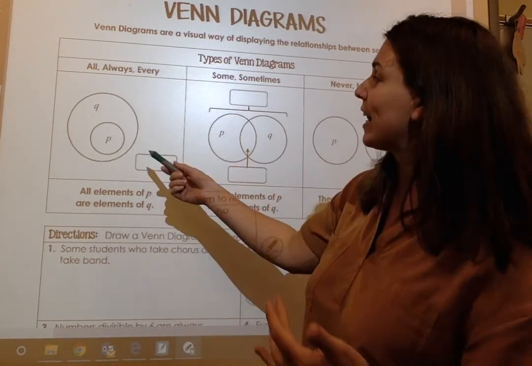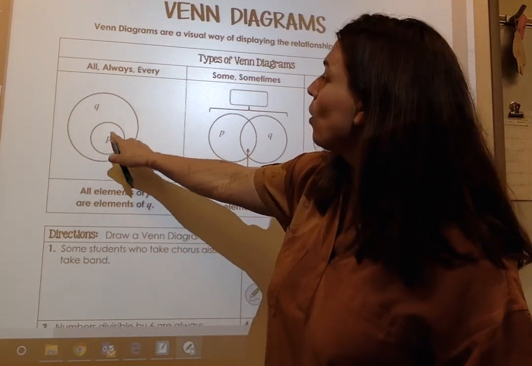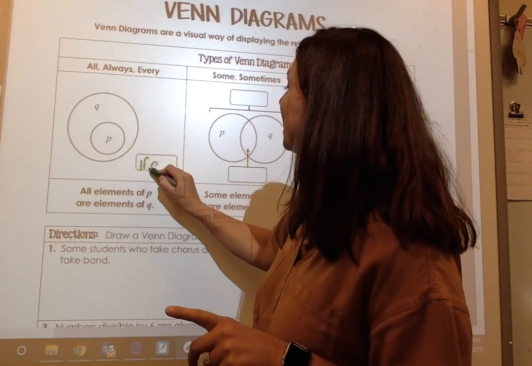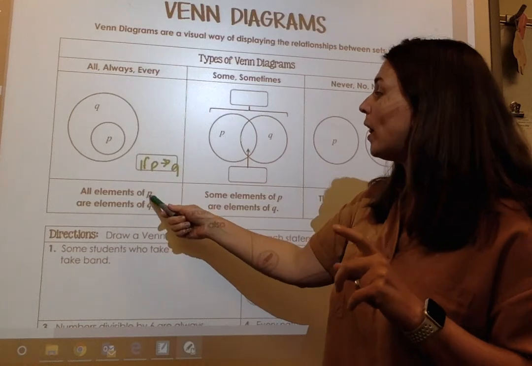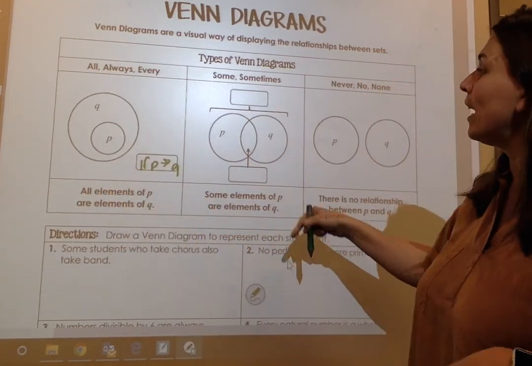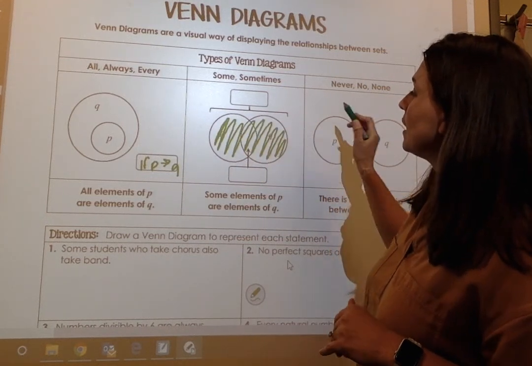So if you look at this, we've already done statements like this before. And so all of P is in Q. So what we can say here is that if P, then Q. So that statement holds true. All elements of P are also elements of Q. If I look over here, if all of this is shaded in, and it's P or Q,